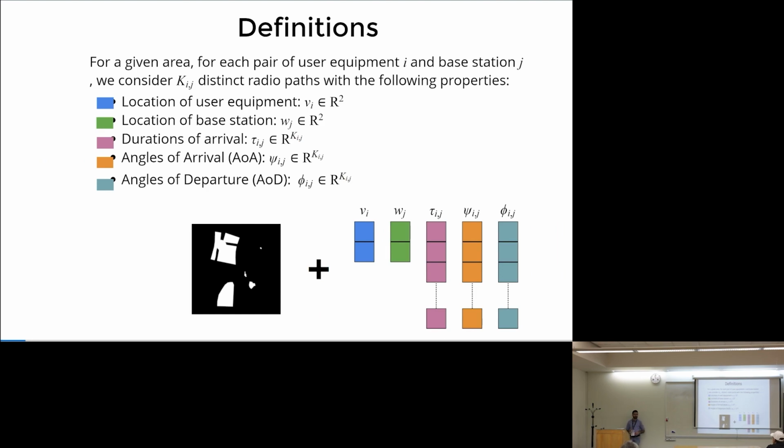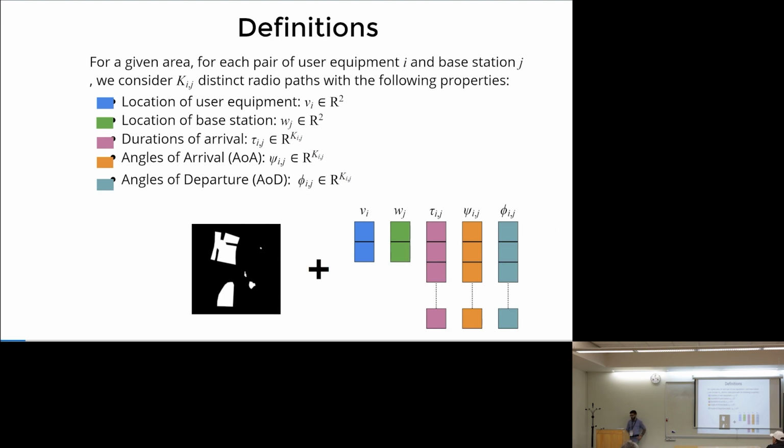And each radio wave is described by 3 parameters. It is the time it took for the signal to arrive from the source to the destination. It's the angle at which it arrived at the base station, and it's the angle at which it departed from